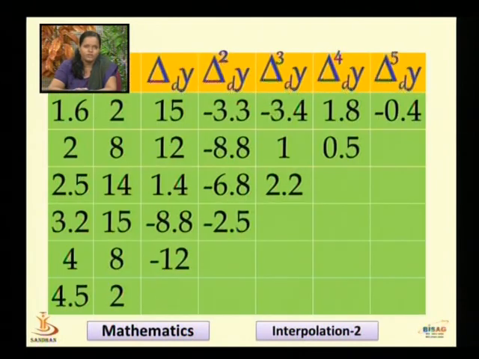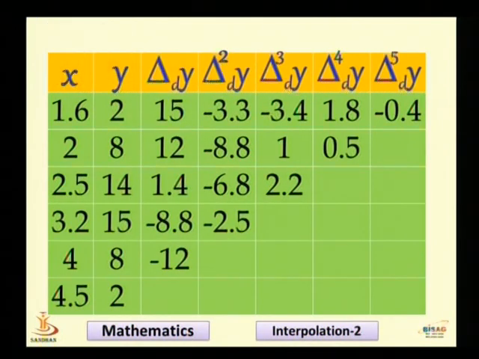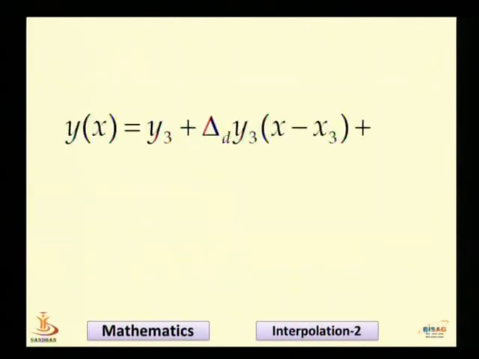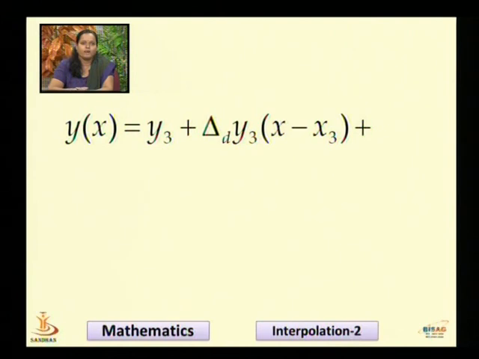The Newton's divided difference table will take a form like this. Now since we are taking k is equal to 3, we shall see the third row of the difference table. So substituting the values in y of x is equal to this is the Newton's divided difference interpolating polynomial. We substitute the value of y3, delta y3, delta square and delta cube